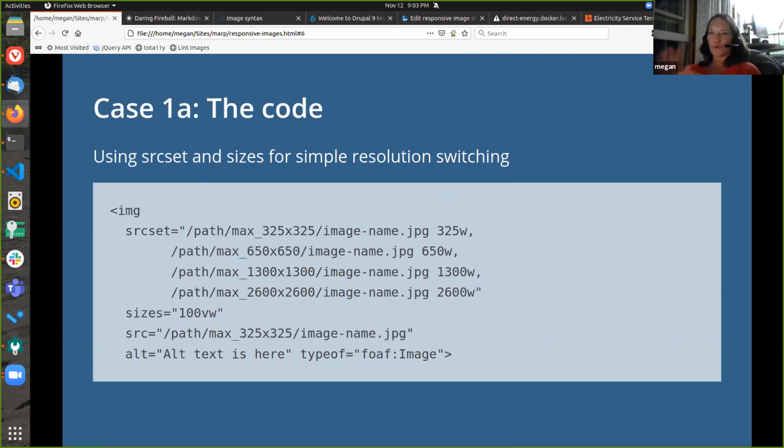But I'm going to show how this breaks down and what the output looks like, because I think it helps to understand what's actually going on here. We have a bunch of things happening here. So this is a standard image tag. We have an srcset. This is a set of images that the browser is going to choose from when it decides which image to render. And the browsers have kind of complicated voodoo ways of trying to decide what image they're going to use. We're just going to trust it to pick the right one. And here what we would have is different image styles. So these are core default image styles, 4 different sizes. There's the path to the image, and then,